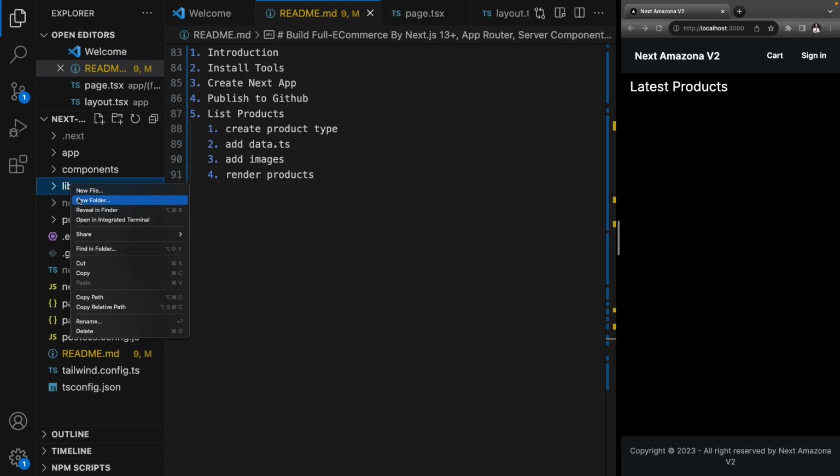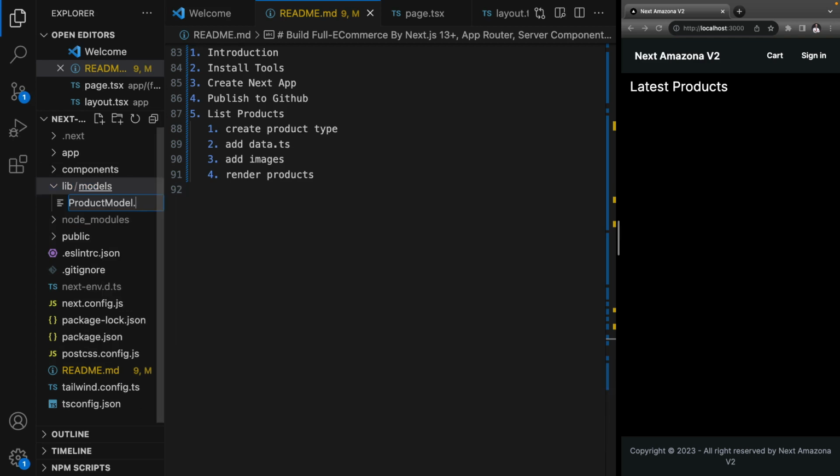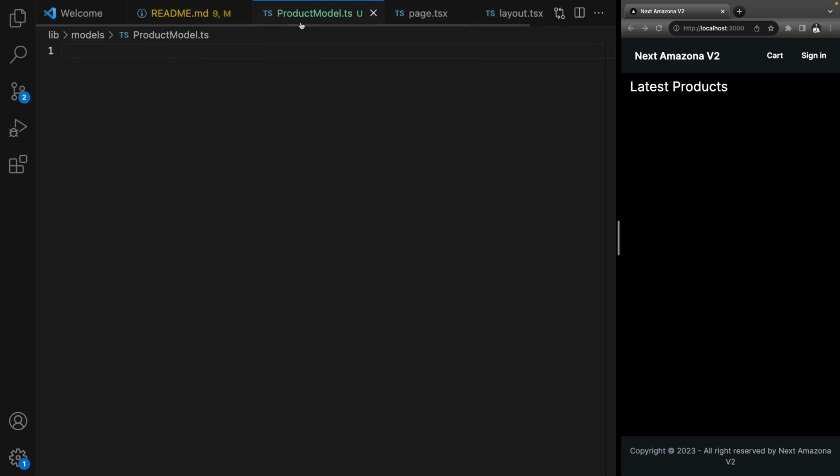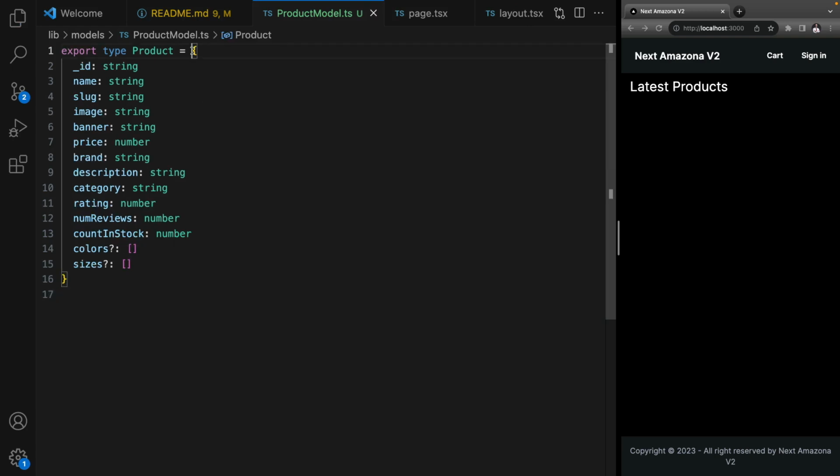Inside lib, create a folder for models. And inside models, create product model. Product model.ts. Here I'm going to export product type. Here is the product type. What we have is the ID of product of type string, name, slug, image, banner, all of type string, price